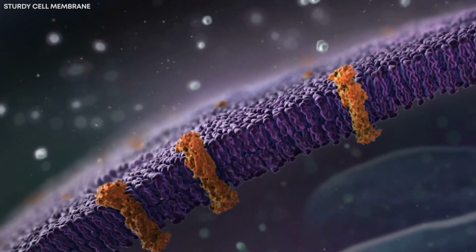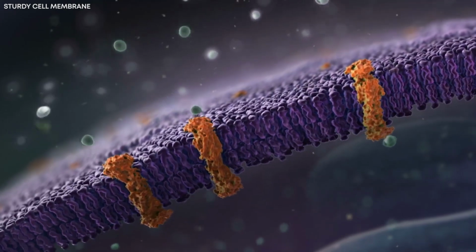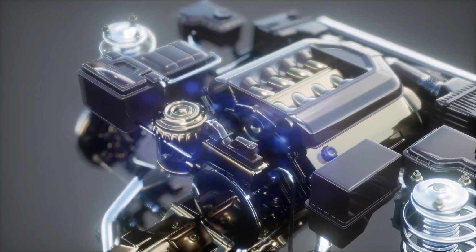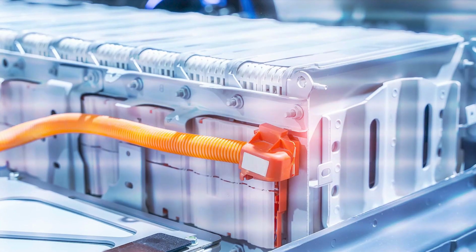In simpler terms, think of this interface like a sturdy cell membrane that only lets the right ions pass, while blocking harmful expansions. This gives CATL's condensed battery the best features of solid-state technology, safety, and high density, without the usual trade-offs or sky-high costs. In fact, CATL aims to cut battery production expenses to about $80 per kilowatt-hour, putting it on track to compete